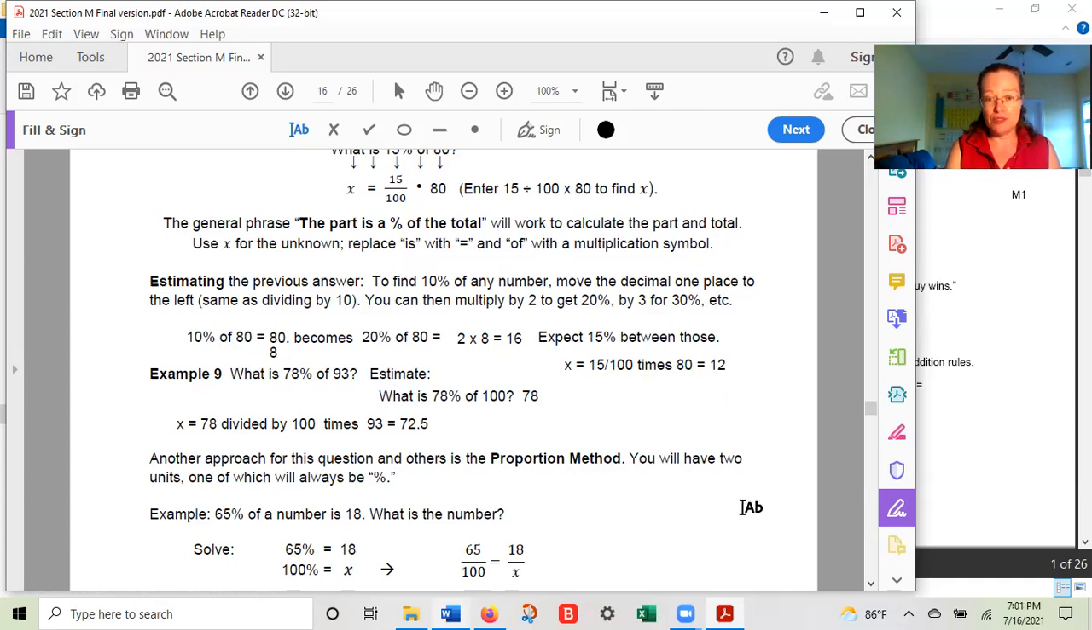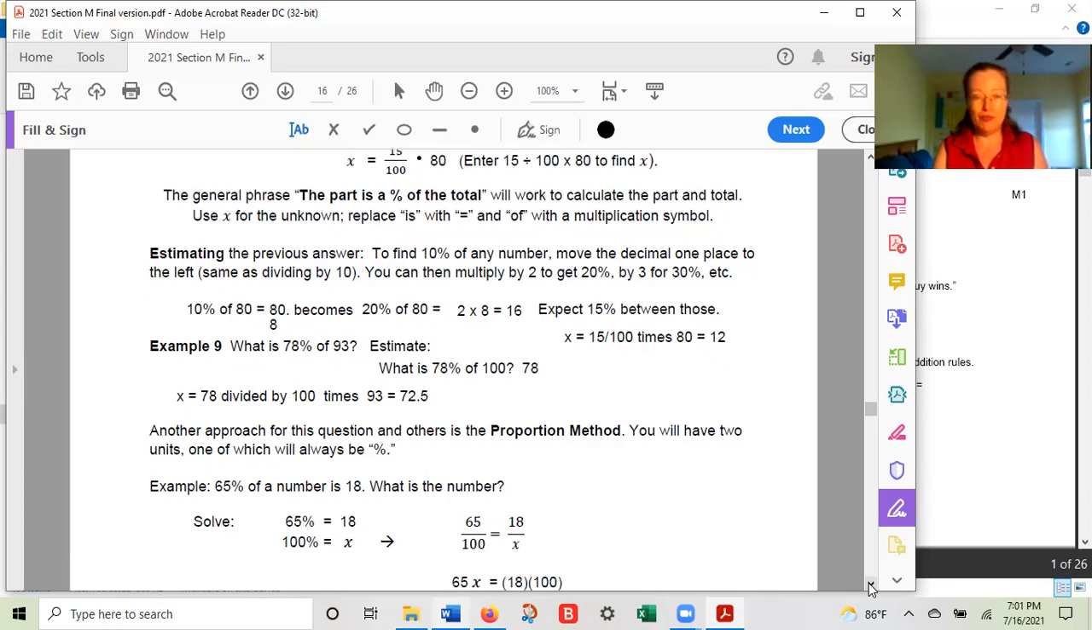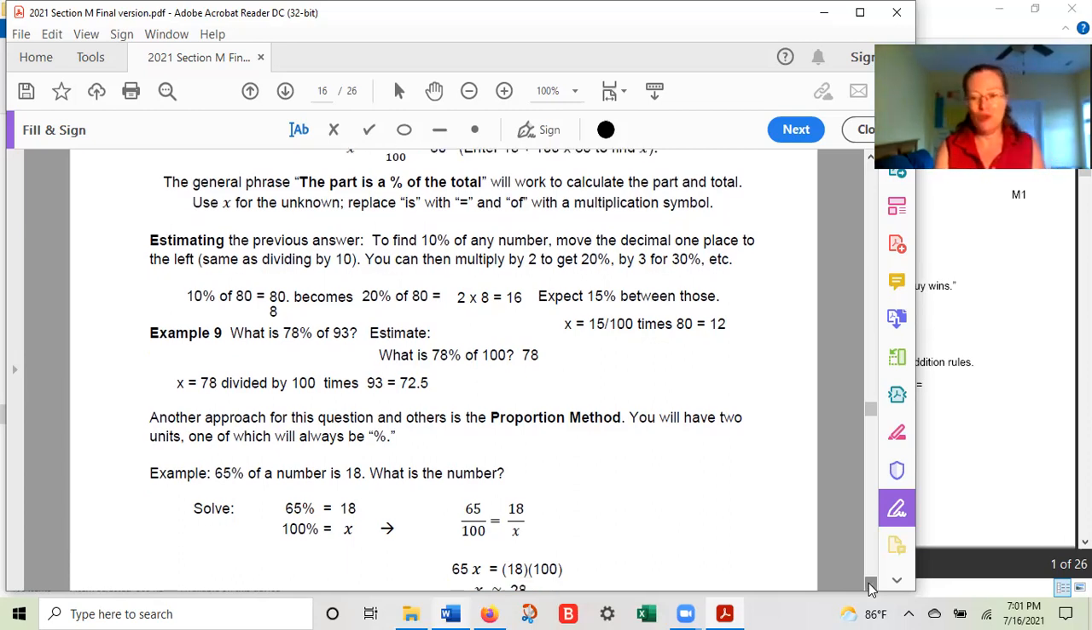I'm showing you the proportion method now, but again, I really prefer the direct translation method if you're asked for what is some percent of a number. Here's how you can do the proportion method. We're going to have 2 units. And whenever I have 2 units and 3 numbers and am missing a number, we can do a proportion. Well, one of the